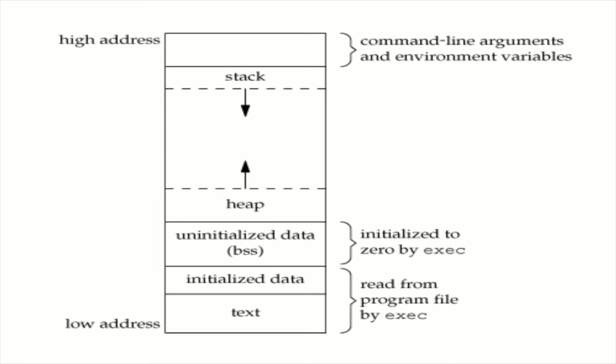Then we move towards the heap. The heap is where dynamic allocation usually takes place. It grows from this side, from the heap toward the stack, and the stack information is taken from the higher to the lower address side. Some other information is held in a separate memory location, called command line arguments and environment variables. This is how memory is allocated for the different pieces of information held in memory locations.